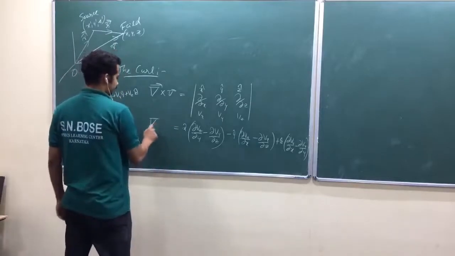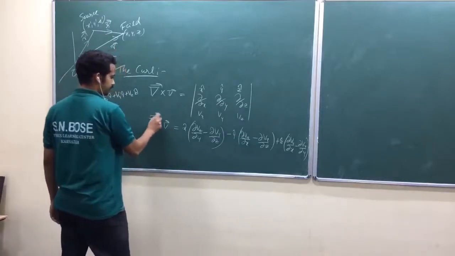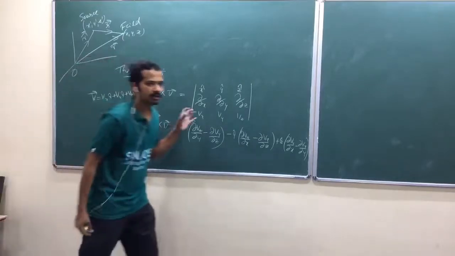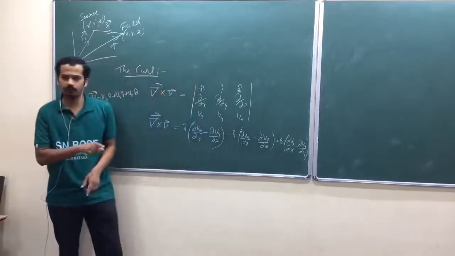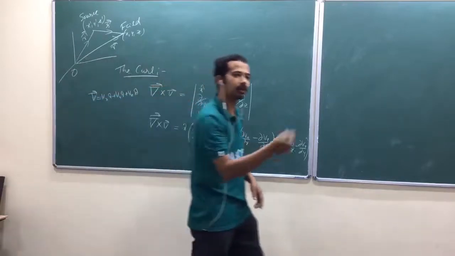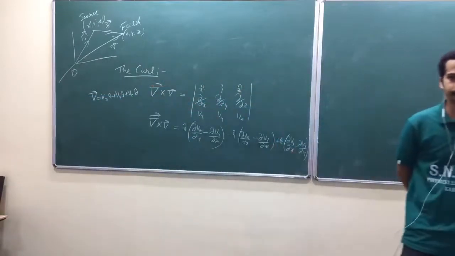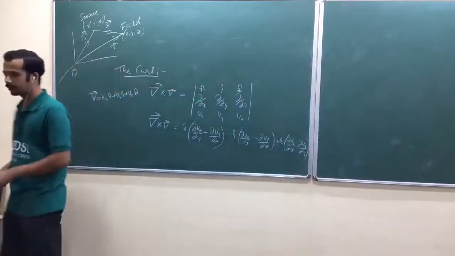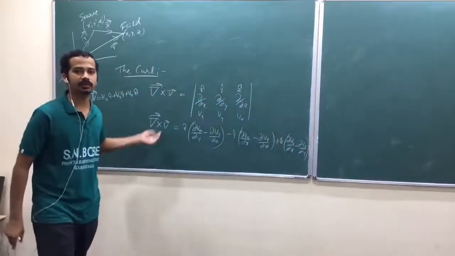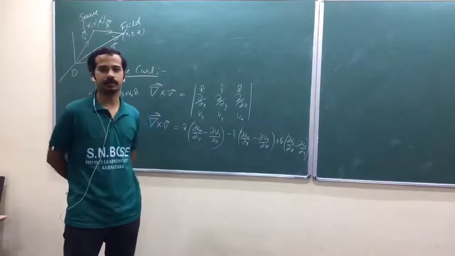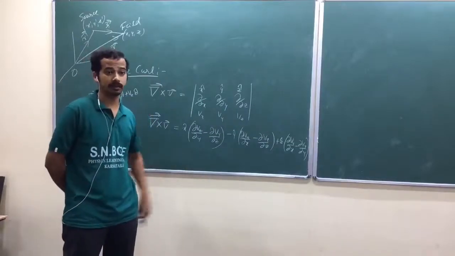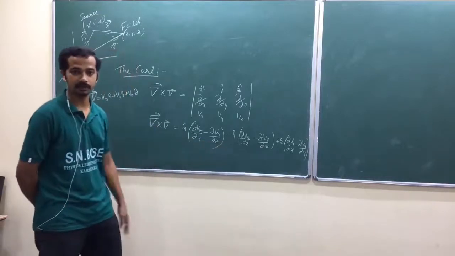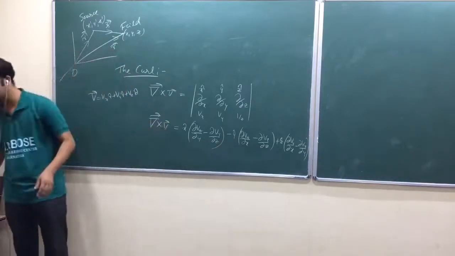Now, why have I written this one? Because this all contains the derivative of one component with respect to another variable. Look at this one, isn't it? If one component of a vector, suppose the x component, depends on y or z, then there will be curl. There may be curl, okay? It may cancel out sometimes. Don't take it as a universal rule.